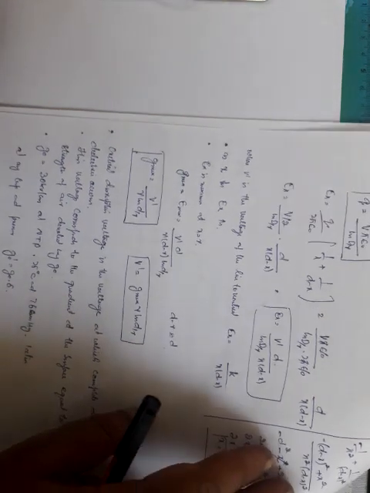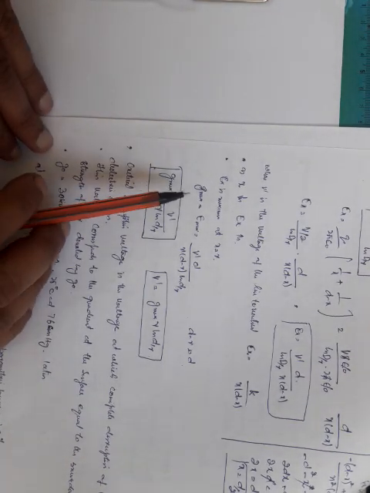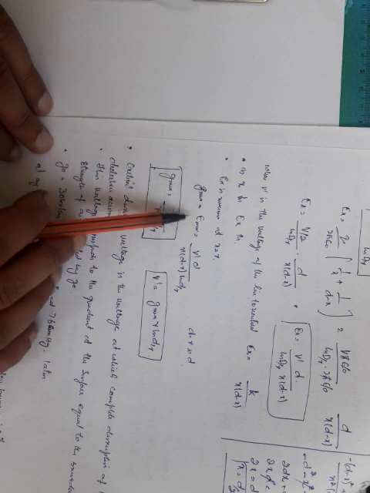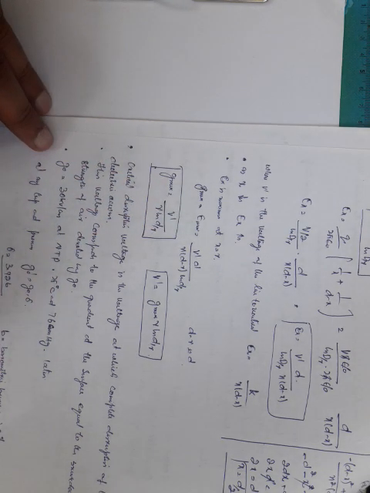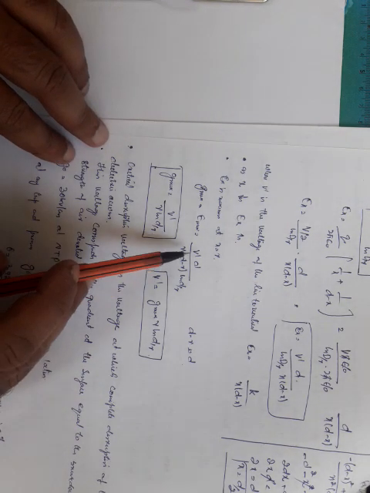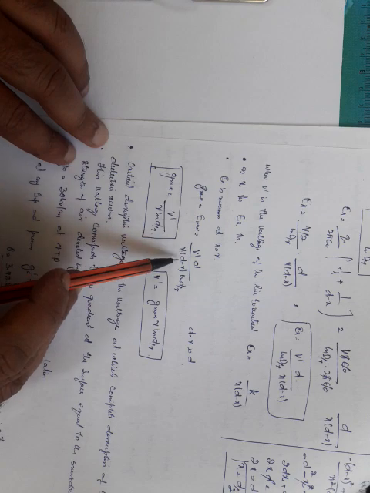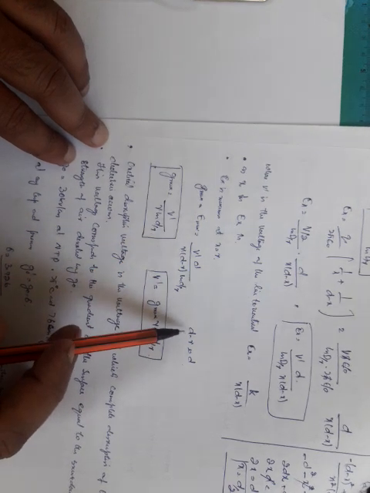that the potential gradient will be maximum at the conductor surface. We have done this in case of cables. So Gmax will be equal to, or Emax or Gmax, I have told you in the last lecture of cables that they are one and the same thing. Sometimes we represent it by G, sometimes we represent it by E. So it will be equal to V dash d divided by r, sorry x, sorry r into d minus r ln of d by r.